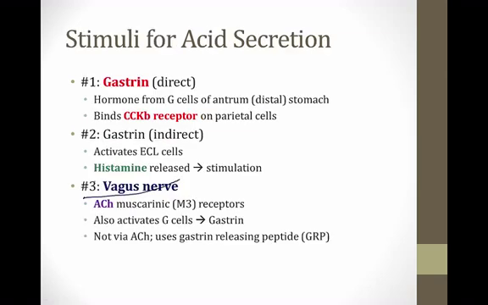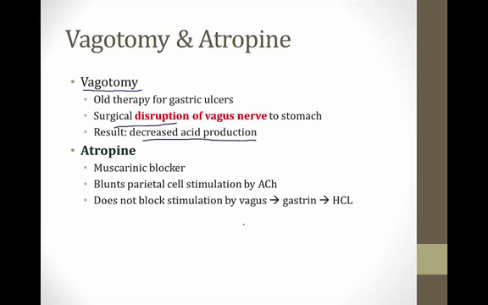If you cut the vagus nerve, you cut this mechanism of stimulating acid production, so there's no acetylcholine release onto the parietal cells, and there's no activation of the G cells and gastrin production. Therefore, you decrease the amount of acid in the stomach. Now, luckily, we don't have to do that anymore because we have drugs that do this, but if you meet people who were alive in the 1940s, 50s, and 60s, they probably know people who had a vagotomy in order